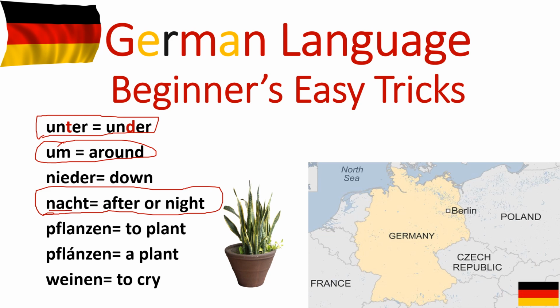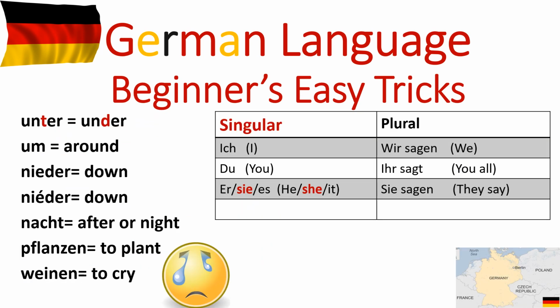So this was Nacht. Then you had Pflanzen. A lot of people go Pflanzen, and they try to put the P and the F together. If you think about it and you take this F out, and the P is silent, you have basically the word plant. So if you can try to make connections, and this accent mark is used sometimes, this is plant. This is also easy, weinen, meaning to cry. So those are just some simple tricks.